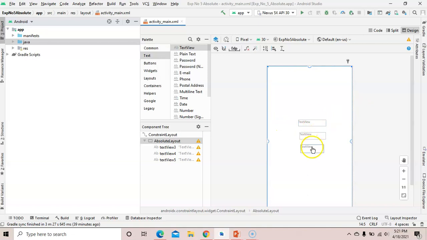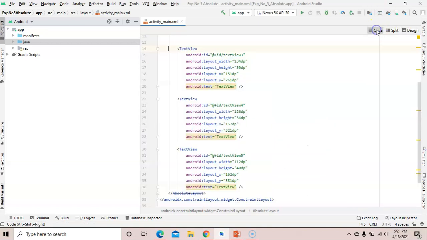Okay. So here it is X and Y position and then width and height, 30, 34 and all.